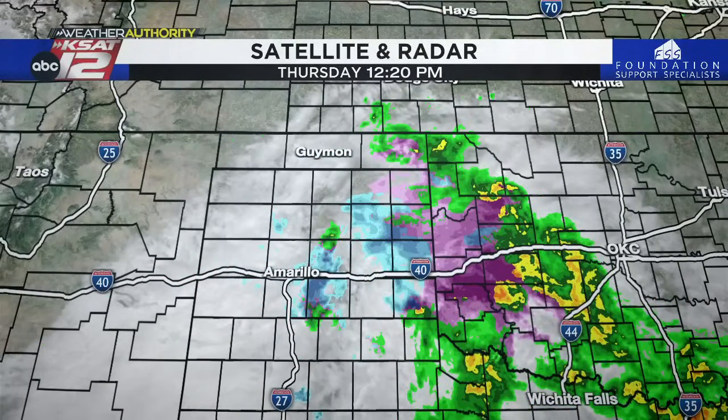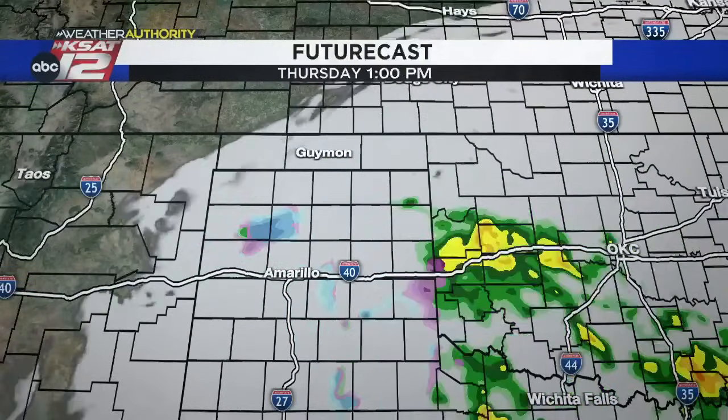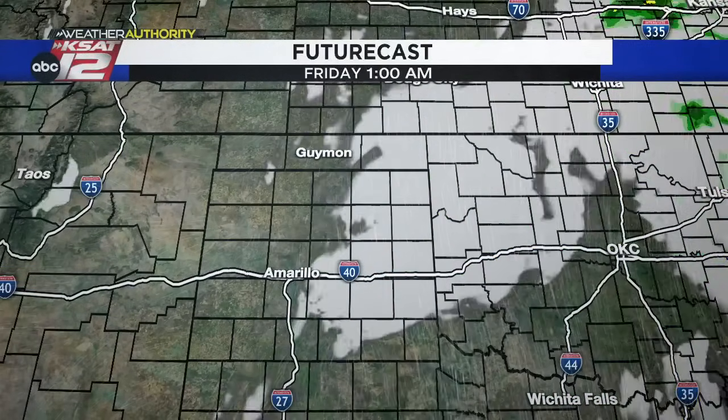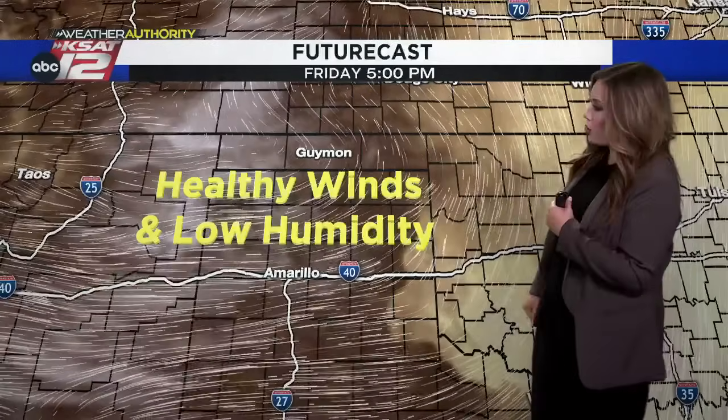And we also had mentioned this a little bit earlier. Now they're starting to see a mix of rain and snow push across that area near Amarillo and pointing off to the northeast. While yes, the moisture is good, it's not going to be enough to help, of course, put out a fire of that size. And unfortunately, it's not going to last forever. That moisture works out later on this afternoon. And then we see stronger winds and drier air move in to that region,